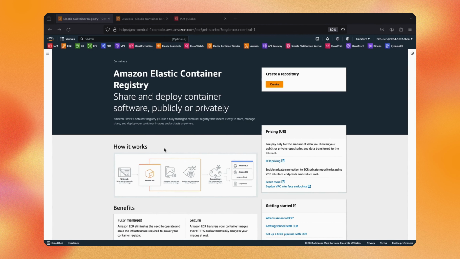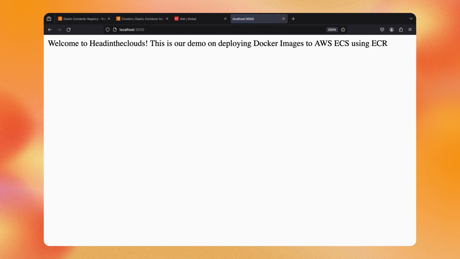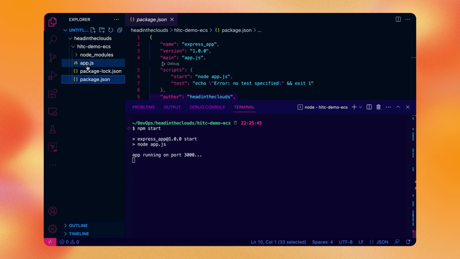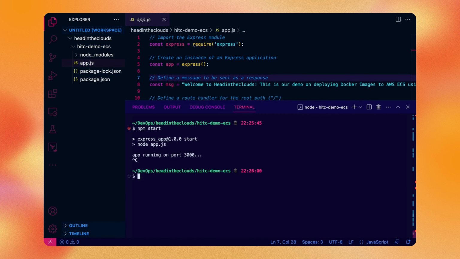So we'll just open an internet browser and go to localhost:3000. As you can see, welcome to Head in the Clouds. That's the message we also specified in our app.js. So let's exit that, and we will now touch Dockerfile,